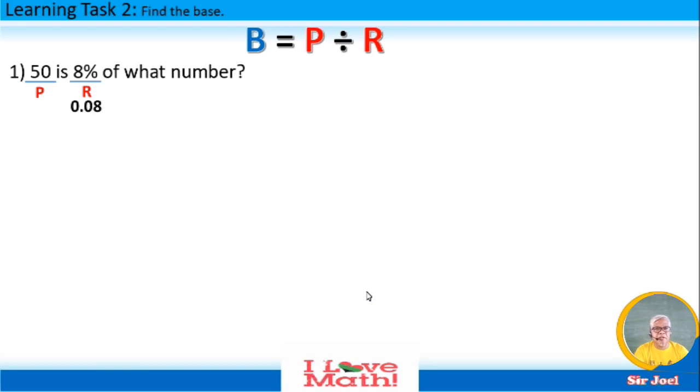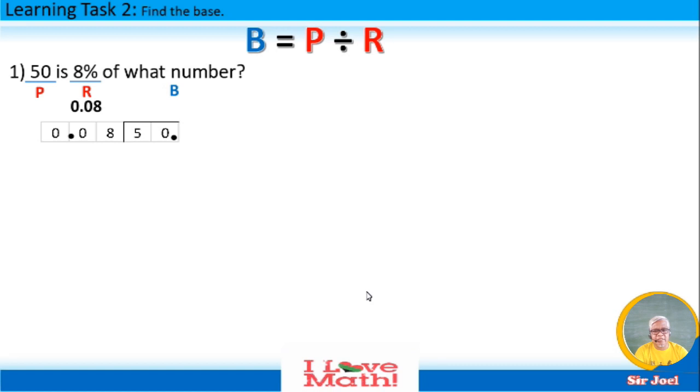Sabi natin sa definition kanina, yung kaunahan, it is located before or after the word is. And obvious naman na since you are asked to find the base, yun yung unknown. After the word of, yung what number is the base. To solve, meron tayong 50 divided by 0.08 or 50 divided by 8 hundredths. Bakit naging divide? Sabi nga natin, base is equivalent to percentage, which is 50, divided by the rate, which is